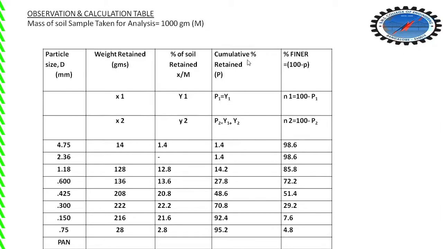If I want to calculate the cumulative percentage retained, P1 is equal to Y1. Now, if I want P2, Y1 plus Y2 gives you P2. If I want P3, Y1 plus Y2 plus Y3. If I want P4, Y1 plus Y2 plus Y3 plus Y4. Based on that, I calculated all the values and it has been tabulated here. Based on this, you have to draw a graph